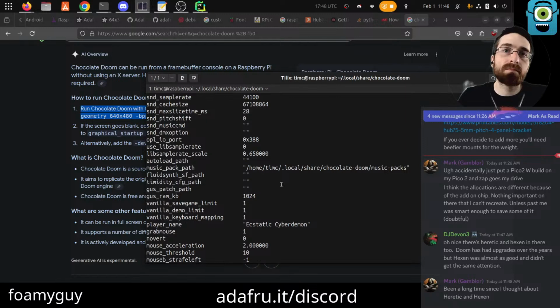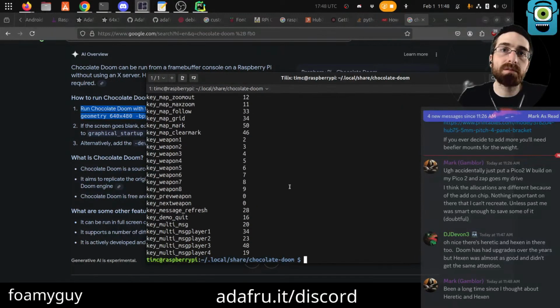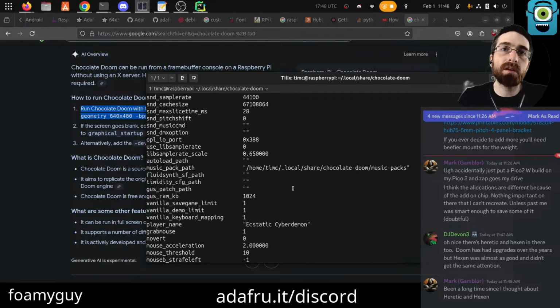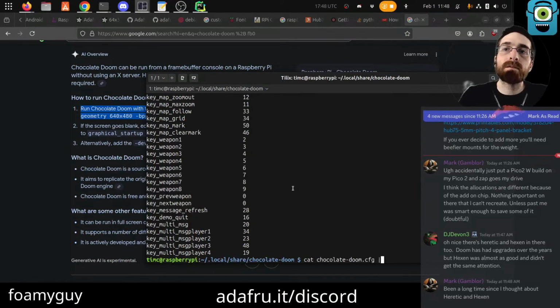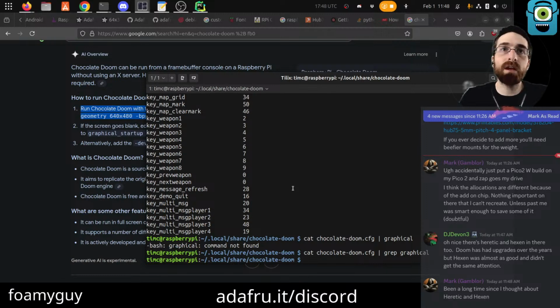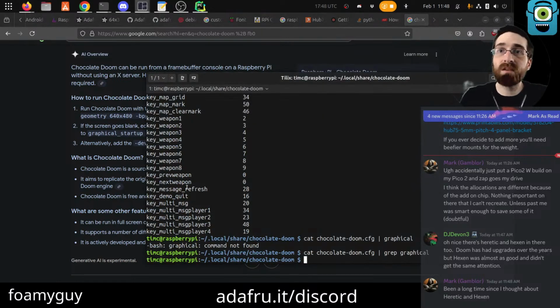Cool. Grep graphical. Don't have that currently. Alternatively, add dev parm. Don't know what that does.